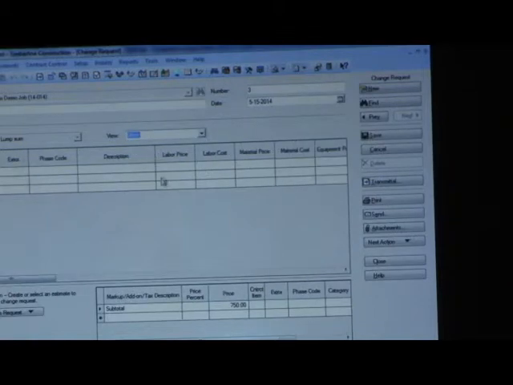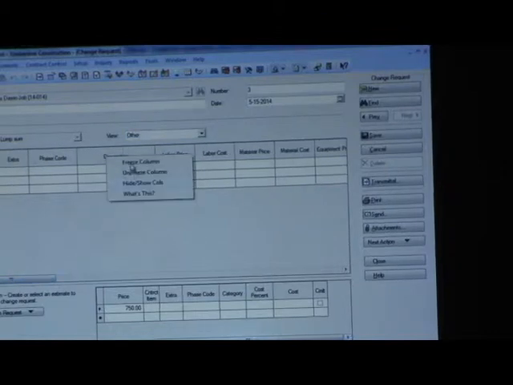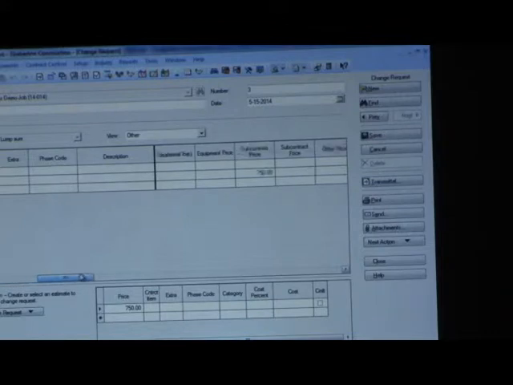And I'm going to switch to the final view so you can see. I need to scroll up here. That there's a column for subcontract price. That's the number I'm going to show my customer. There's a column for subcontract cost. That's the number I'm going to add to my estimate. So this is where we need to know the markup percentage to make those two numbers different. Right, you want to mark that 750 up, and that's what needs to go in the